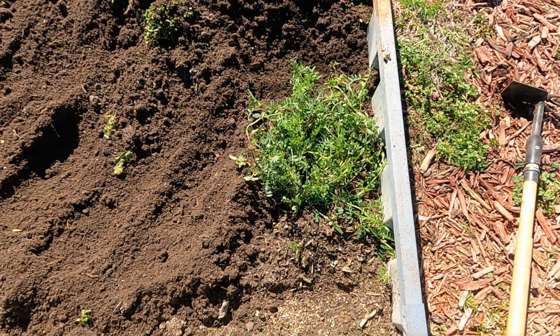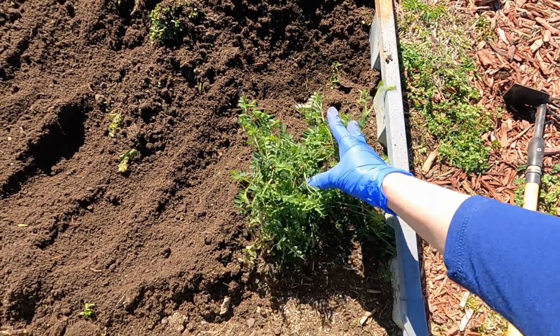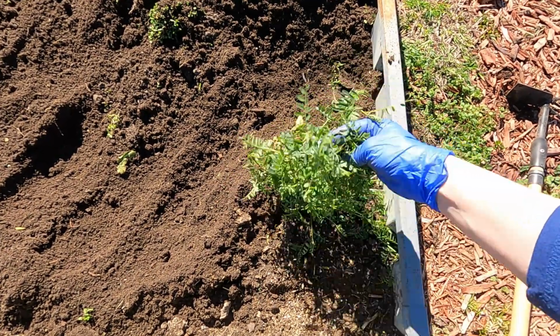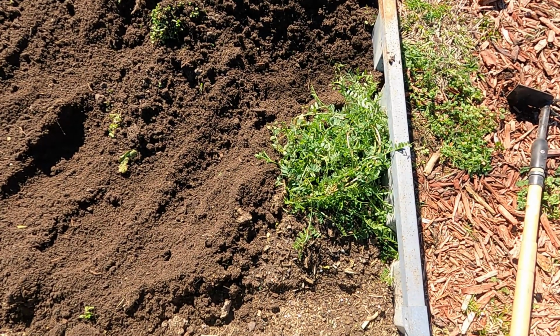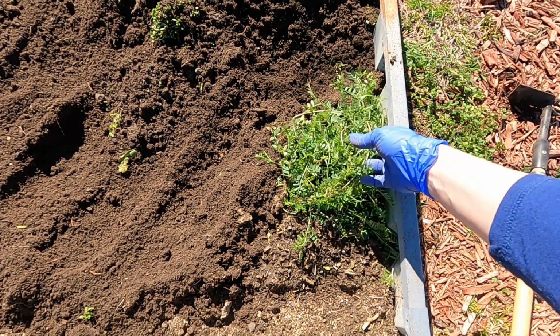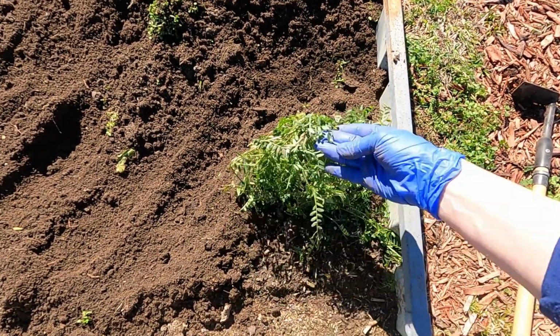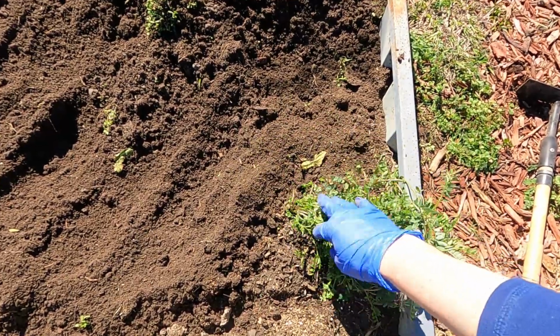So I just wanted to point out in this one bed that I'm getting tilled up, this here is hairy vetch. I planted this as a ground cover in some of my other beds over the winter time, and apparently a few seeds dropped elsewhere. I'm going to leave this plant in place. This is a nitrogen fixing plant. It's got a really small top